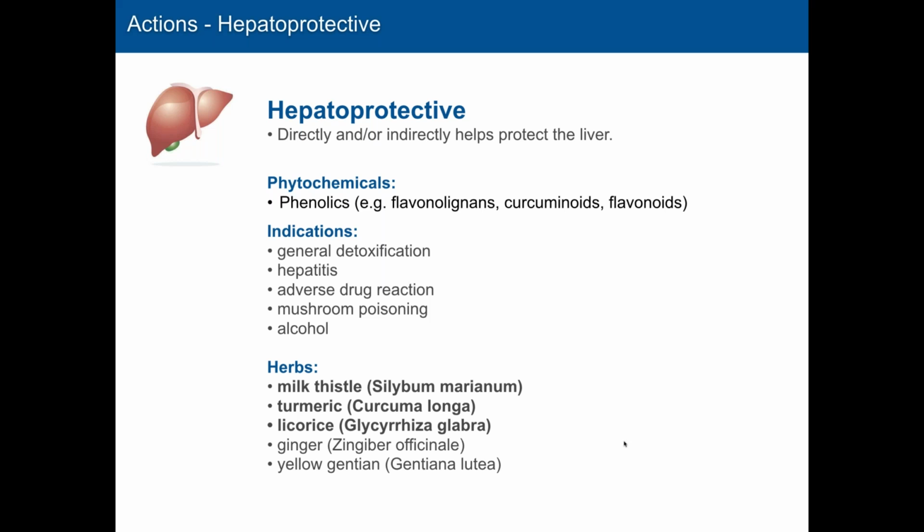I would imagine that eating a plant-rich diet and being an alcoholic is probably going to be better for you than being an alcoholic and eating fast food, just because of the phytochemicals that would have a protective effect. Now, the best way to protect the liver is don't consume things that are going to damage it in the first place. And so, although herbs like milk thistle do have a hepatoprotective effect,